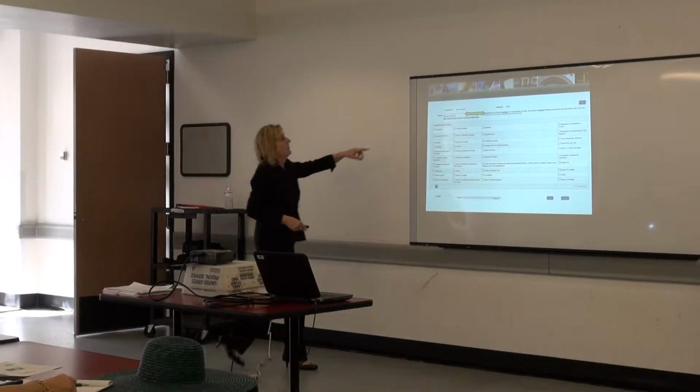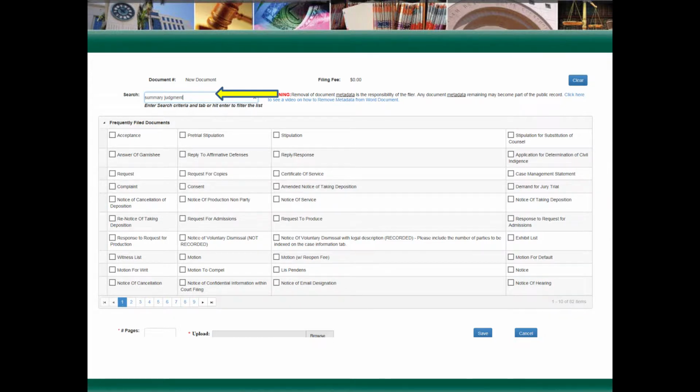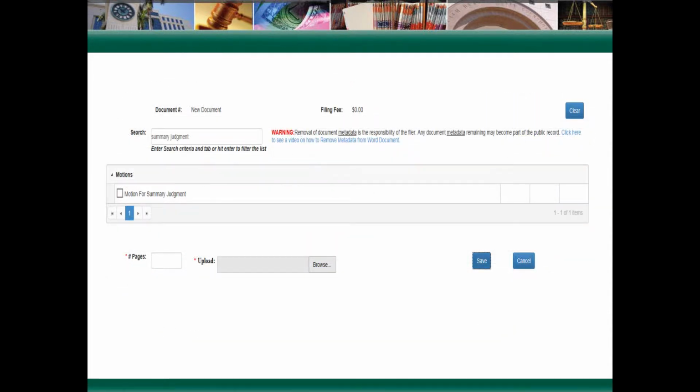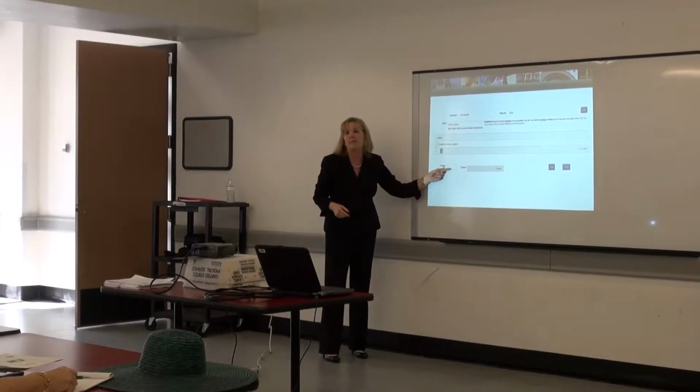So at the top here, under the search, I put in name of my motion, what I'm doing. So I typed in summary judgment. So I want to find summary judgment, and I really don't want to go through 9 pages to try to figure out where it is. When I click in summary judgment, it brings me motion for summary judgment. That's the name of my pleading. Yay. So I'm good. I'm going to click on this box,